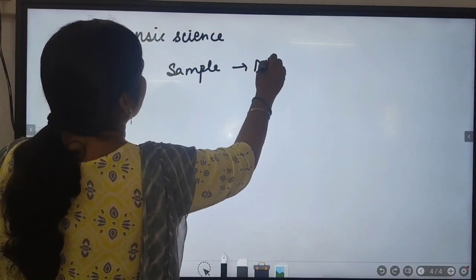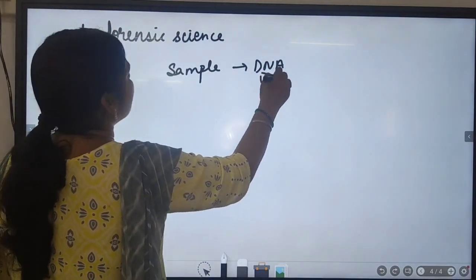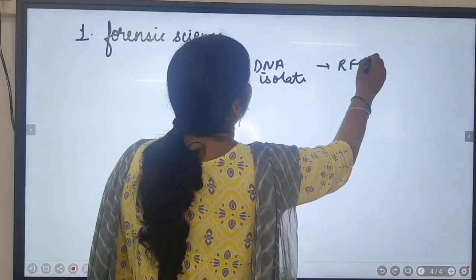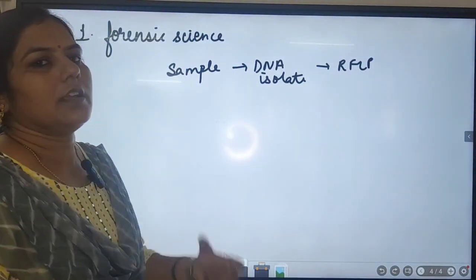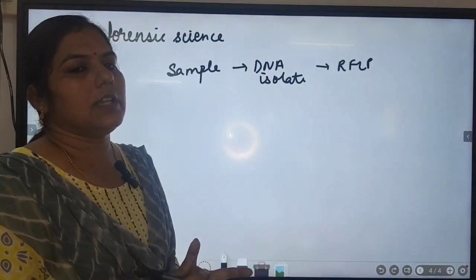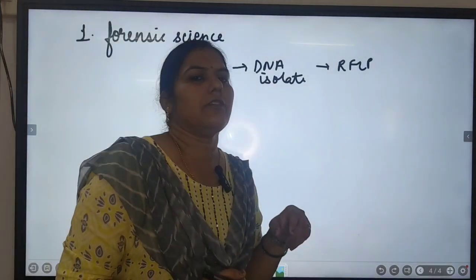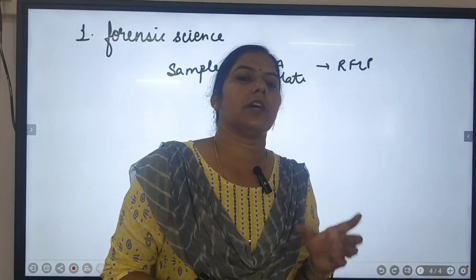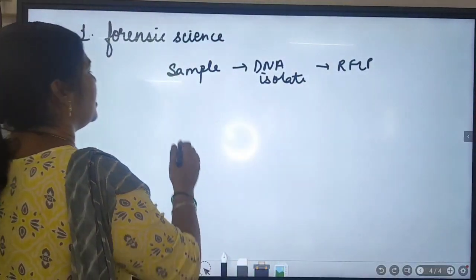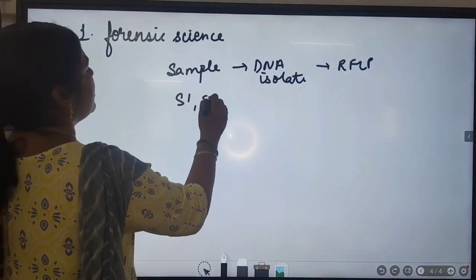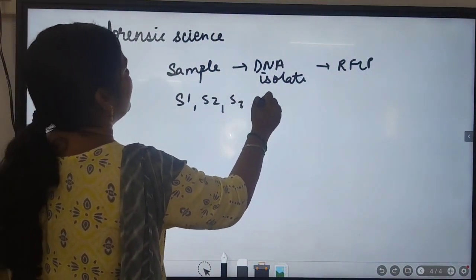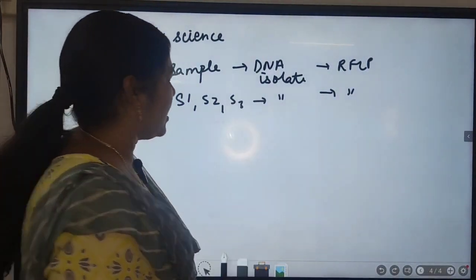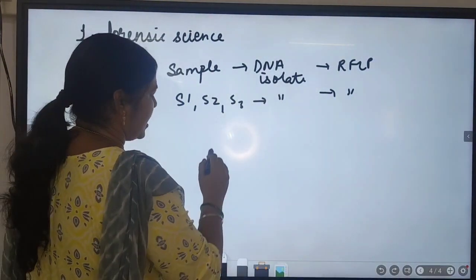सैंपल से क्या किया, DNA आइसोलेट किया। और फिर क्या किया, RFLP रन कर दिया, and then they will see the suspects, if they have, मान लो वहाँ पर 3 सस्पेक्ट उसको मिले तो उन तीनों सस्पेक्ट्स का भी DNA आइसोलेट करेगा, तीनों सस्पेक्ट का S1, S2 और S3, उनसे भी क्या किया, DNA आइसोलेट किया और RFLP लगा दिया।